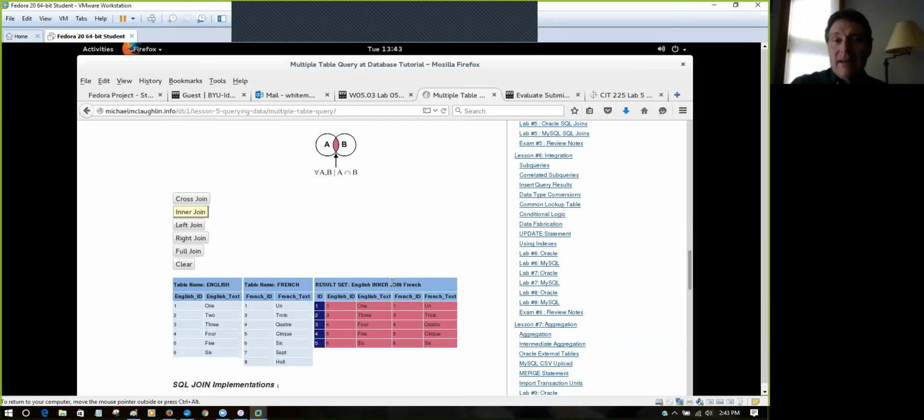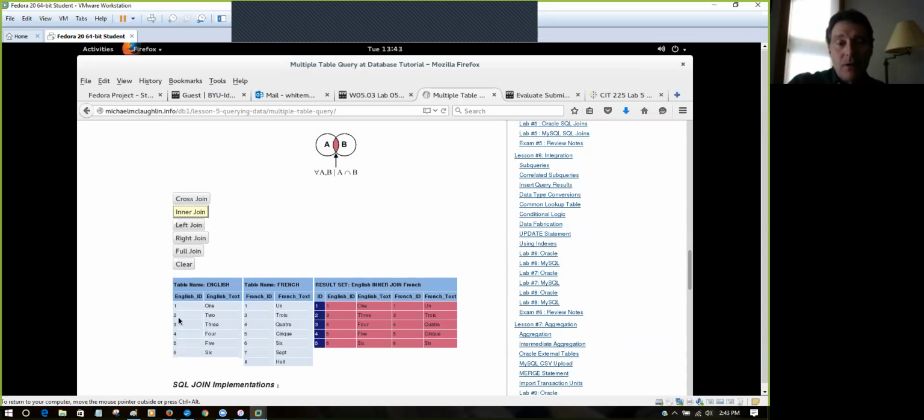And this is the intermediate table that Oracle builds internally when it does a join. And so the columns are additive. All of the columns from the first table are in the join, and all of the columns from the second table are in the join. And then only those rows that match, where there's an intersection between the two tables, are in the result table,